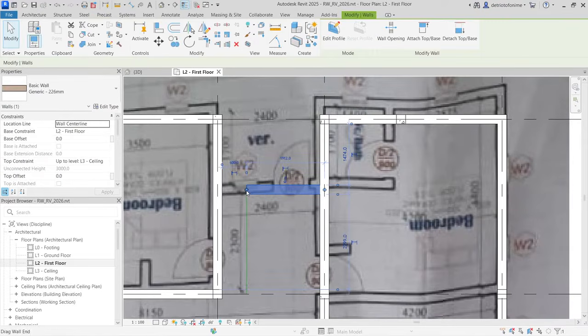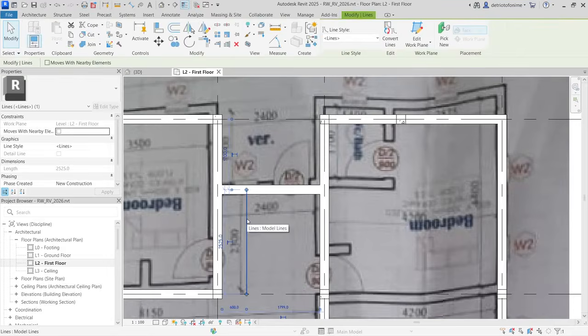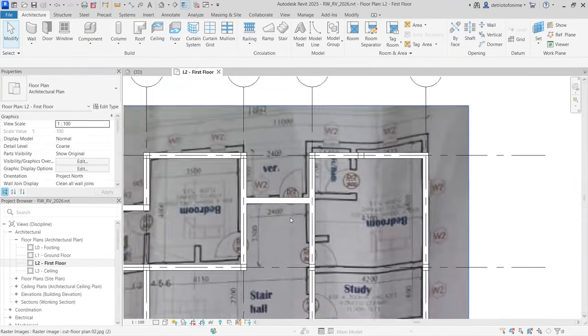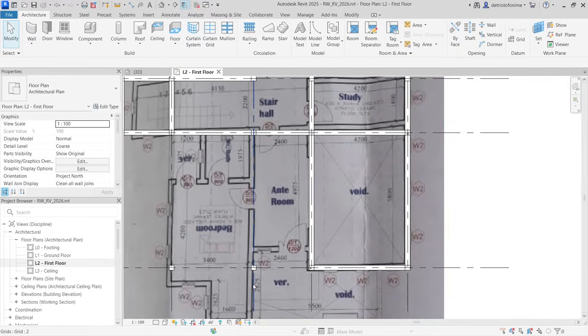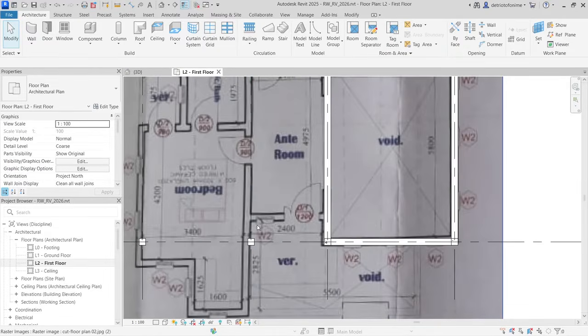Go ahead and select this one and connect it with this. Very good use of the model line. So go ahead and delete this model line now. So there we have our wall. There's going to be a door over there. So the next thing we want to do is to extend this wall all the way down and then connect